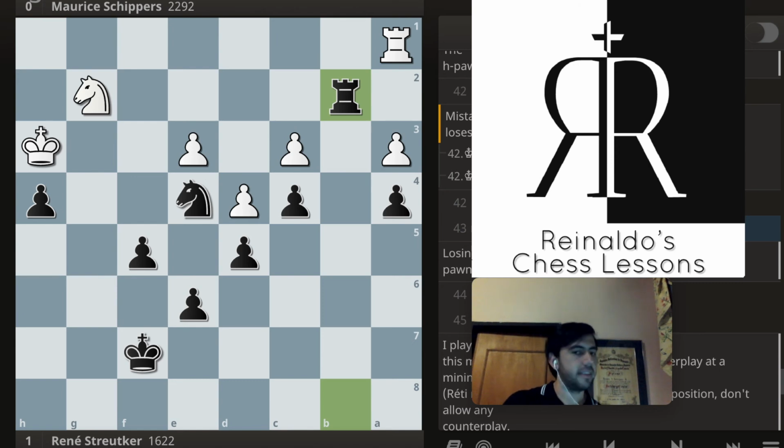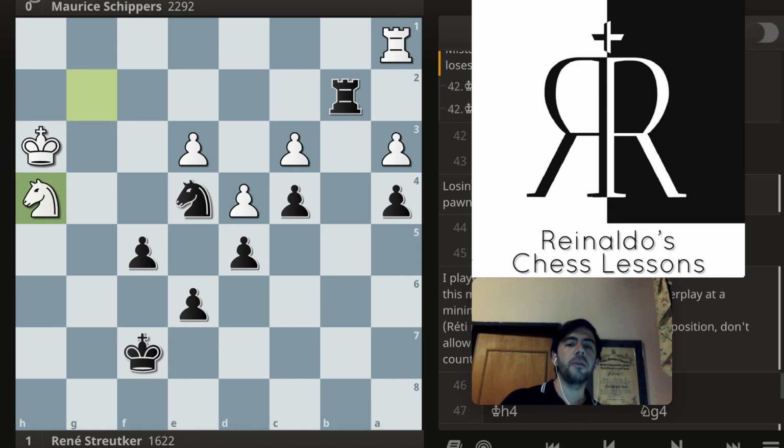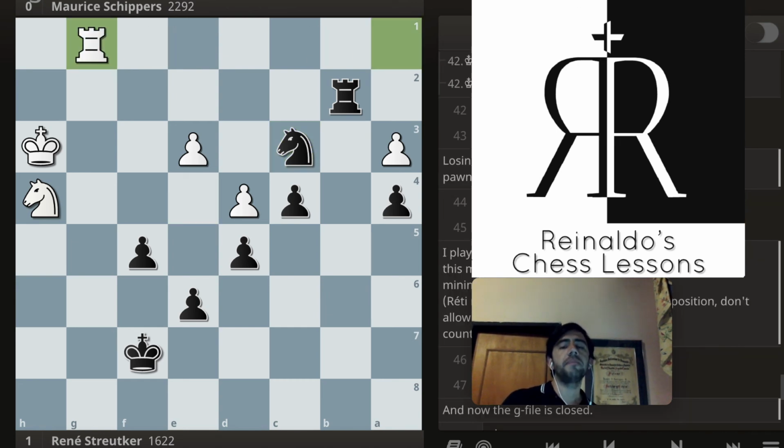So okay, let's complete the technical phase of the game. So knight takes on h4, knight takes on c3. So black has a strong passed pawn. So we have to find a way to use the pawn. Now rook e1. Okay,